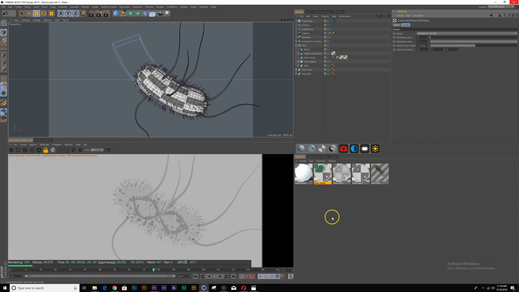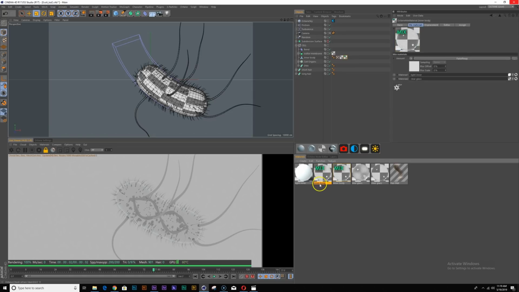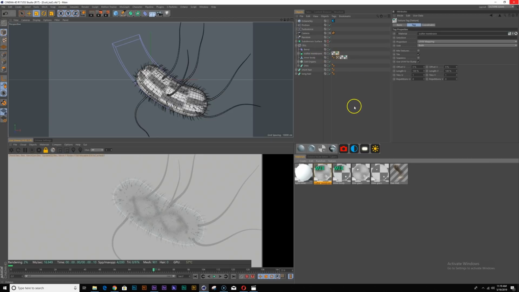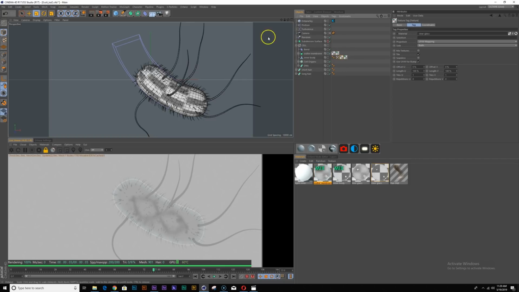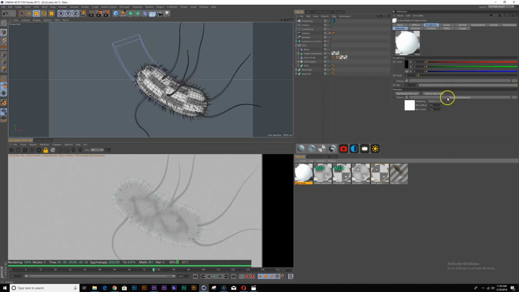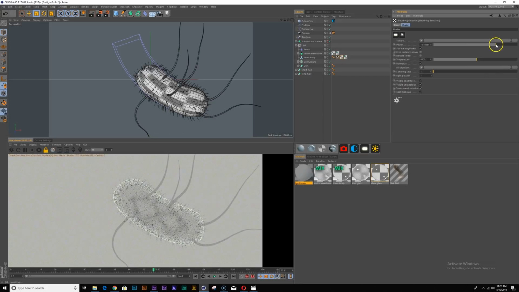Okay, cool. Now I'm going to do the same thing. I'm going to duplicate this mixed material. I'm going to call this my outer membrane, and I am going to switch the clear glass to my blur glass and apply this to the outer membrane. Okay. Right, okay. And let me just double check. And again, you can go in here to the light and just play with the power.